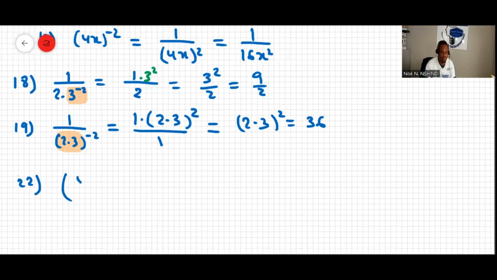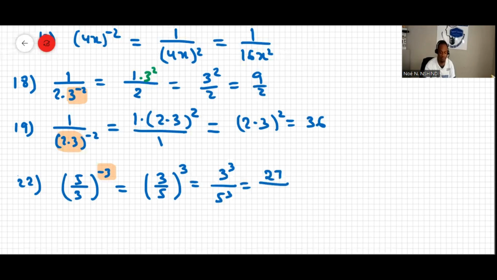So here we have 5 over 3 raised to the power of -3. That's the question. First of all, we notice that we have a negative exponent here. So we can write it like 3 over 5 raised to the positive 3 there, which is like 3 cubed over 5 cubed, and then 3 cubed is 27, and 5 cubed is 125. And then 23,